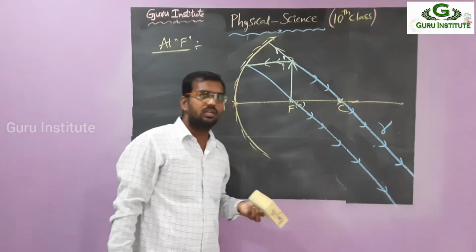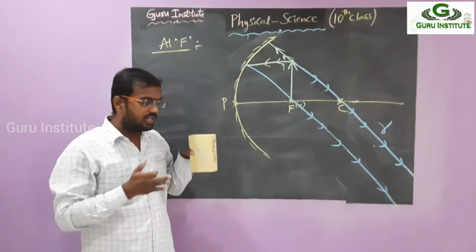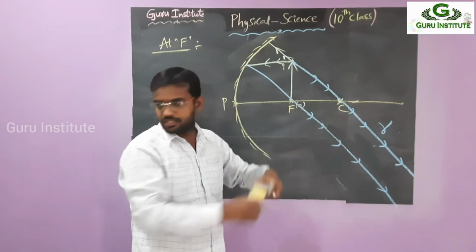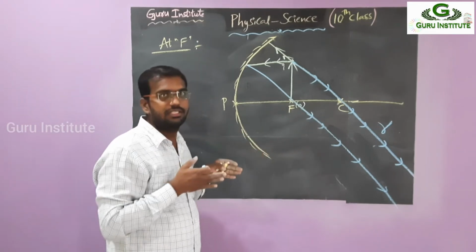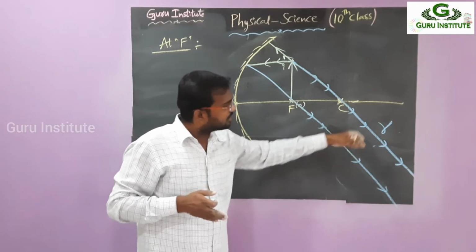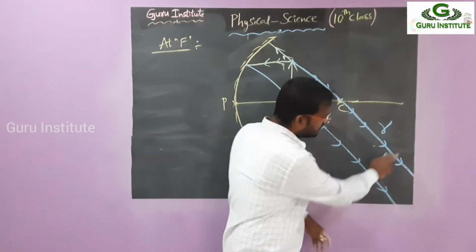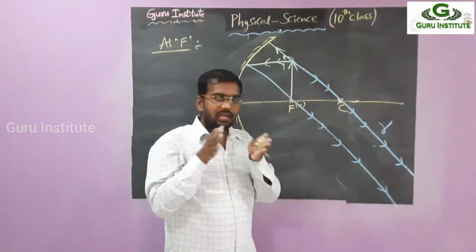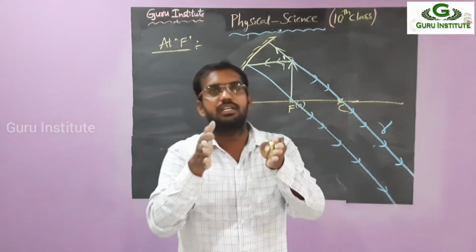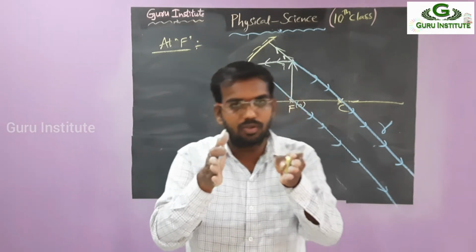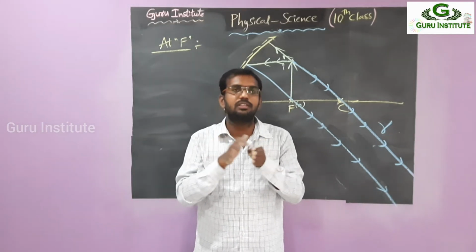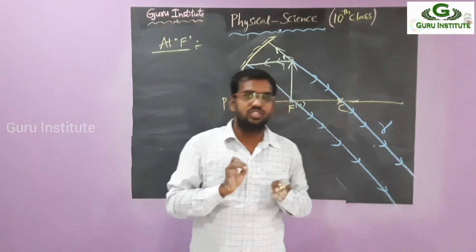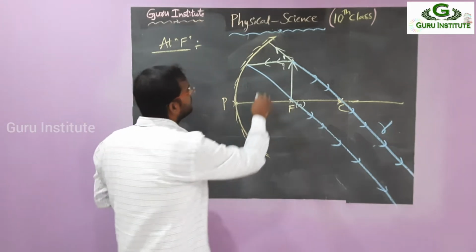We already know that in the convex mirror, if the rays are not meeting in the forward direction, we have to extend them into the backward direction. But these are parallel lines. If parallel lines are extended to the front side, they do not meet. If you move to the back side also, they do not meet. Why? Because the angle between the parallel lines is 0. So that's why.